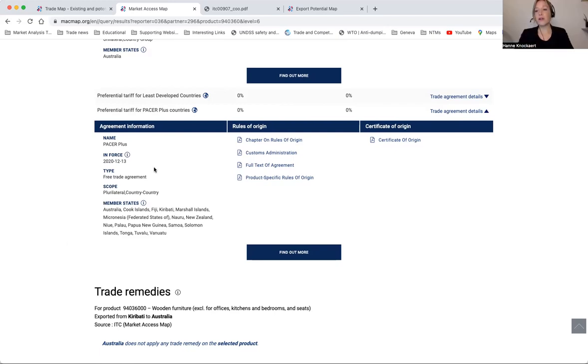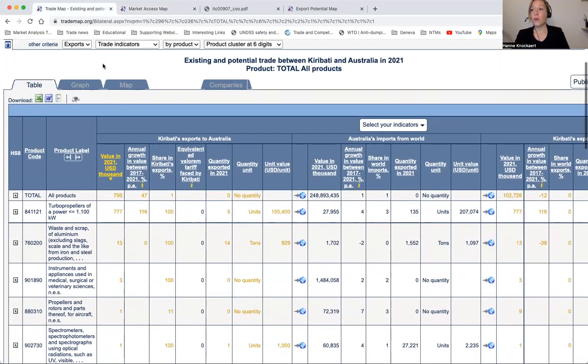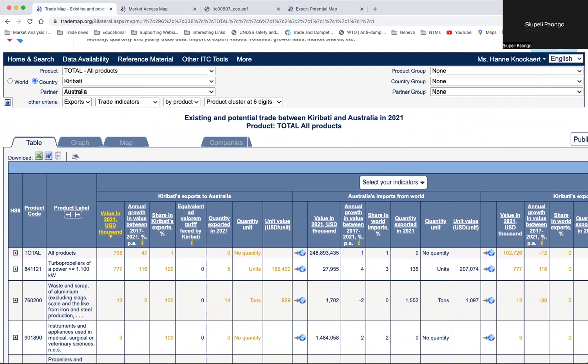So I had to look at the market assessment. If you want to look into how Australia, New Zealand is a potential market, so if you want to look into Australia, this is really about when you already know you want to export to Australia, right? But if you want to look into whether or not Australia is an interesting market for the product you are actually exporting,